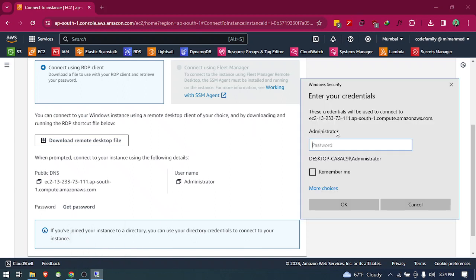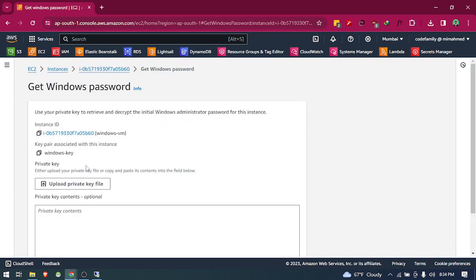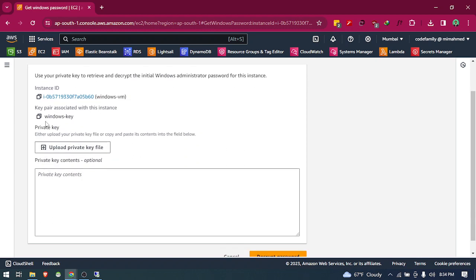So this username is automatically taken, administrator. Then for the password you have to click password, and you have to upload the private key, which you downloaded recently. So click upload